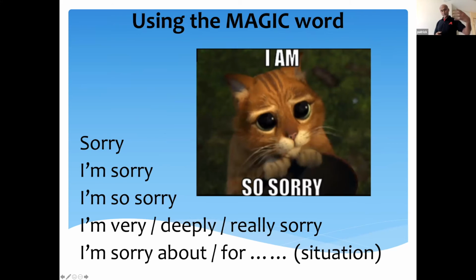Sorry has 4 distinctive stages. You are sorry, which is accidentally I'm walking and then I hit the shoulder of another person. So I say sorry. It's a very normal thing. It's not that I purposely caused it. I just want to get by. You just say the word sorry. When you say I'm sorry, you're taking accountability.